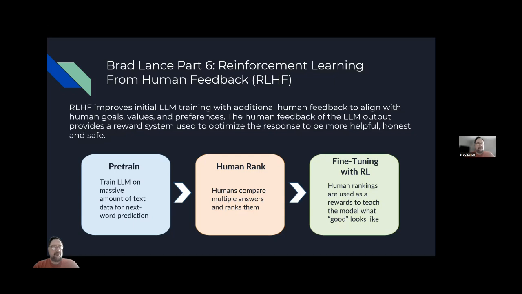Okay, my name is Brad Lance. I'm going to talk about part 6, reinforcement learning from human feedback, or RLHF. So reinforcement learning from human feedback